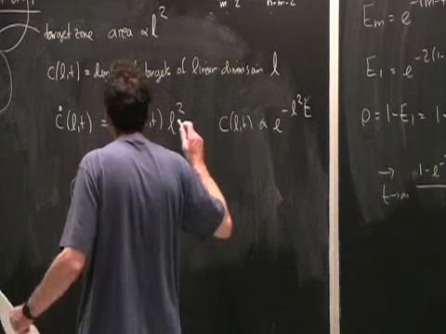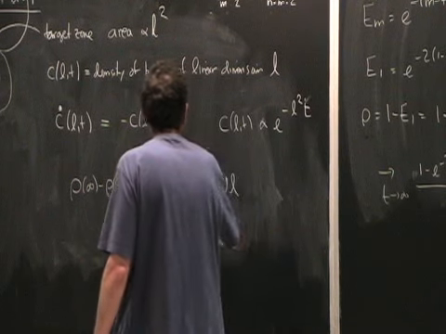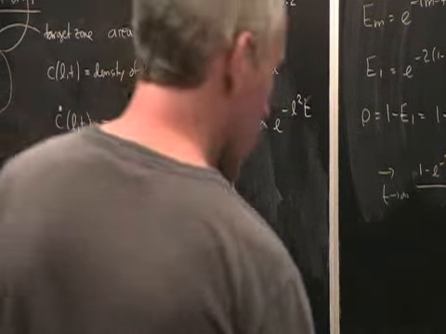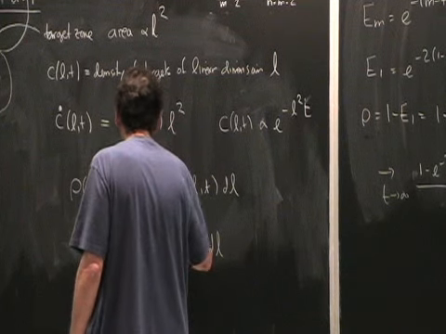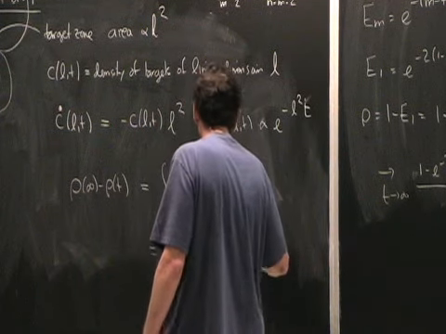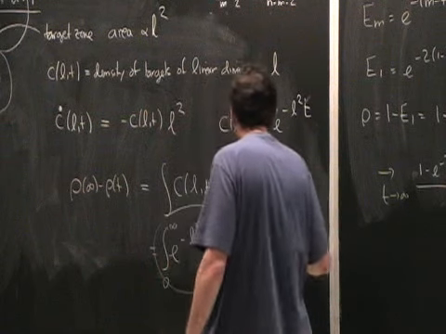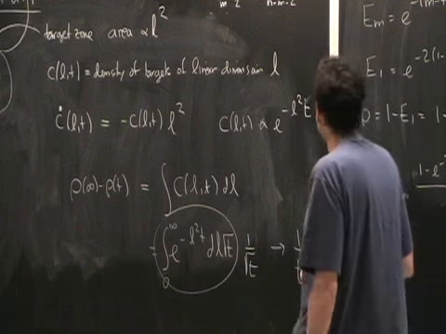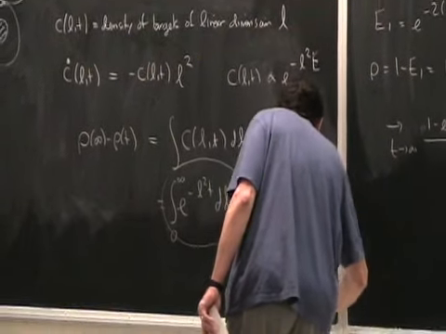What I have to do then is just compute the area covered by the target zones. It's nothing more than C(L,t), and I have to integrate over all L. So this gives me e^(-L^2 t) dL, integrated for all L from 0 up to infinity. This integral you can just do by scaling, putting a square root of t here. There'll be a 1 over square root of t out in front, and then the whole thing here is just a number of order 1, and one gets that the asymptotic approach is 1 over t^(1/2). And for general dimension, this would go as 1 over t^(1/d), where d is the dimension of space.